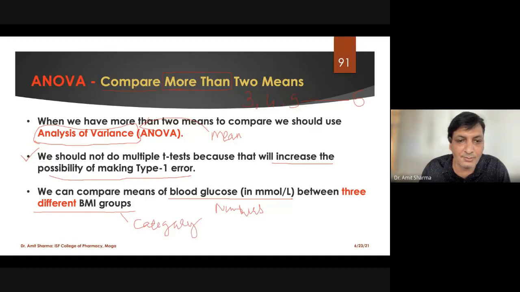So BMI will be called the independent variable, whereas the plasma glucose level in our test will be called the dependent variable. We have 3 different groups of BMI, and we want to find out whether the plasma glucose level of persons in the 3 different BMI groups is similar, or whether there is a difference. This we are trying to find out.